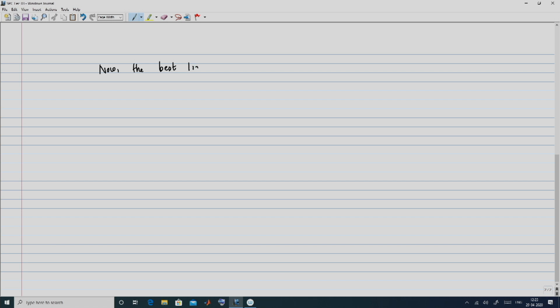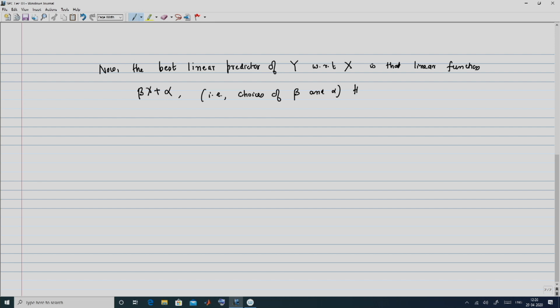So now the next thing that we look at is the best linear predictor. Here basically the best linear predictor essentially means some sort of an optimized choice of alpha and beta. So the best linear predictor of the random variable y with respect to the random variable x is that linear function beta x plus alpha. That linear function indicates the particular linear predictor with particular values of alpha and beta. So I will indicate this, that is, choices of beta and alpha that result from minimizing